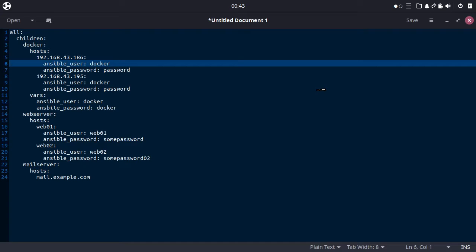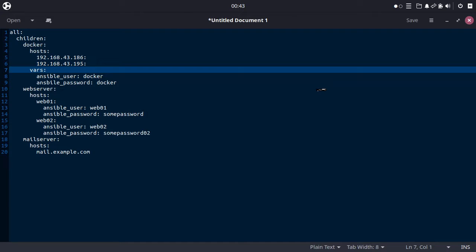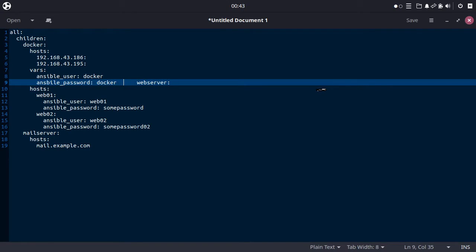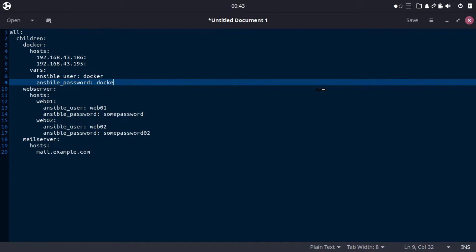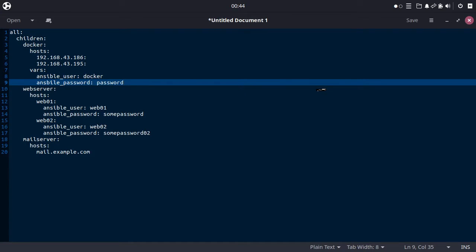After that, you can delete this one. Oops, this one should be password. So just make sure that when new servers come in, the username and password will be set as Docker and password. All the Docker servers that come in, you need to set it the same. So you don't have to specify for each of the hosts. It's pretty simple.